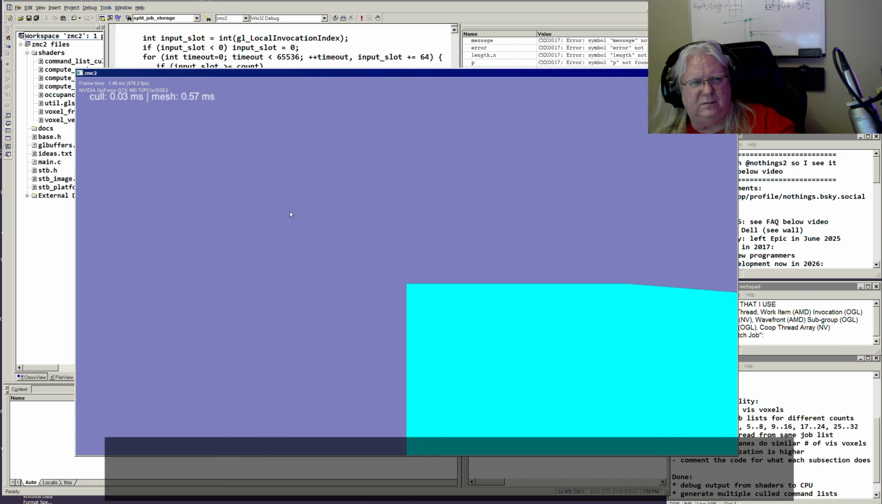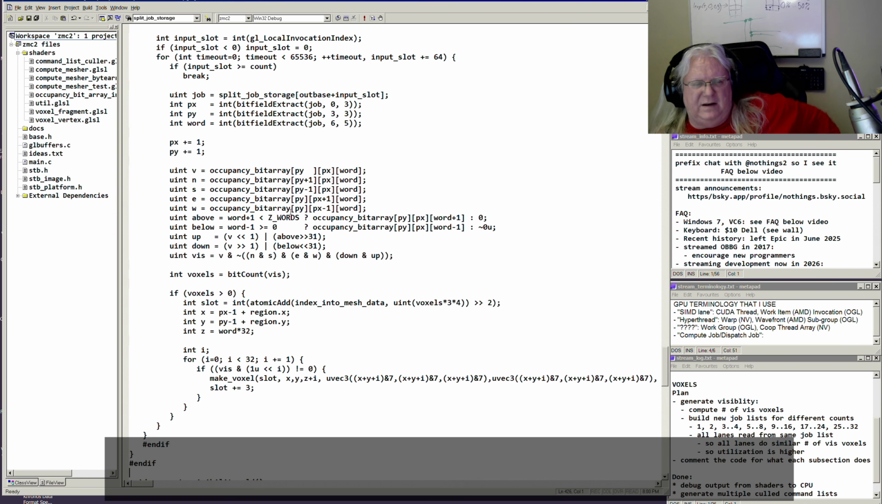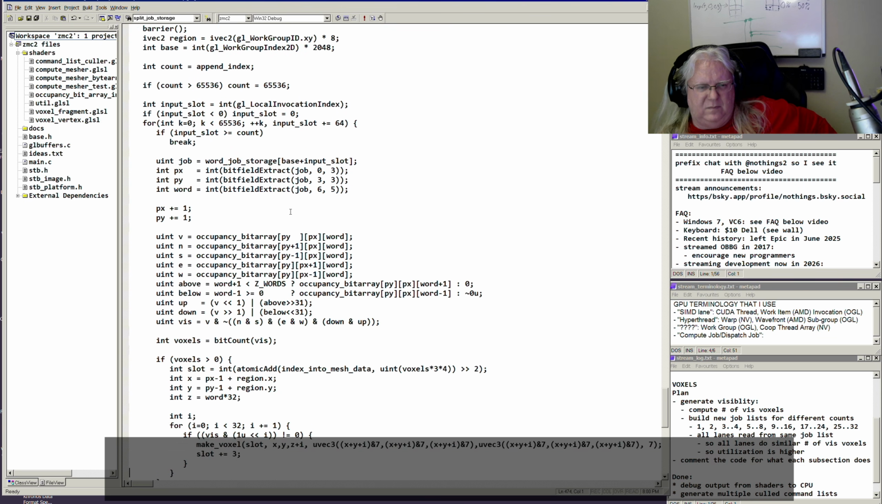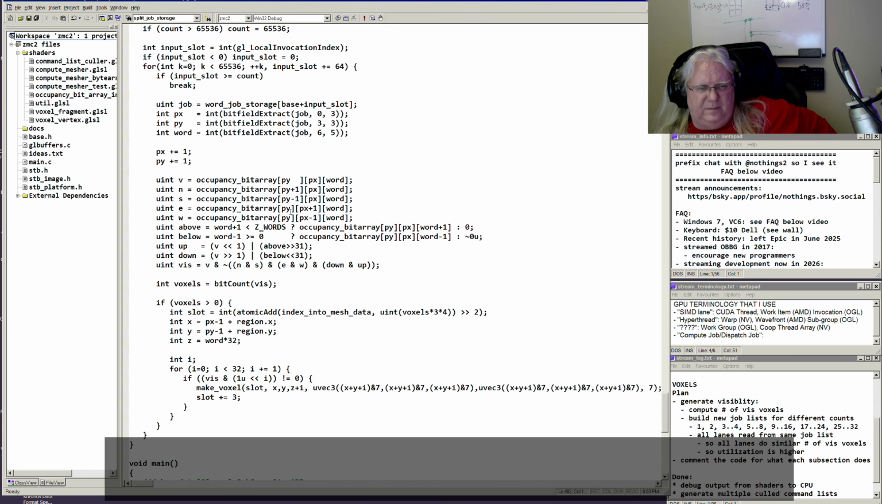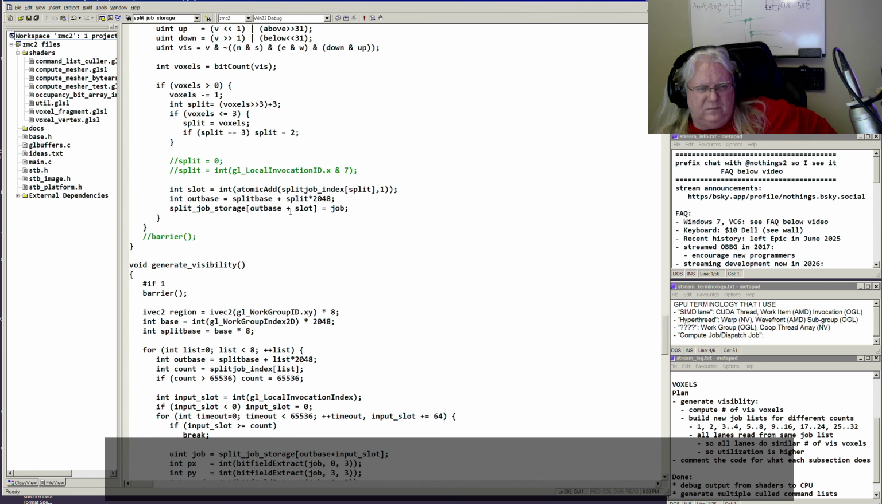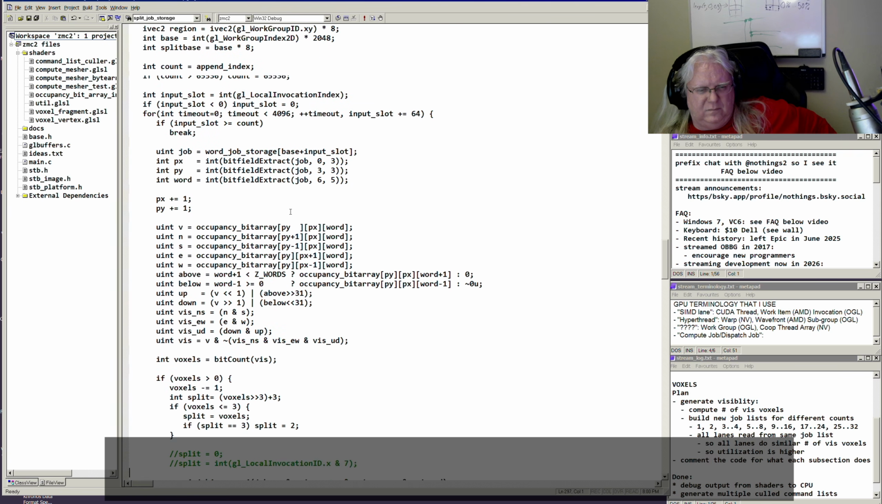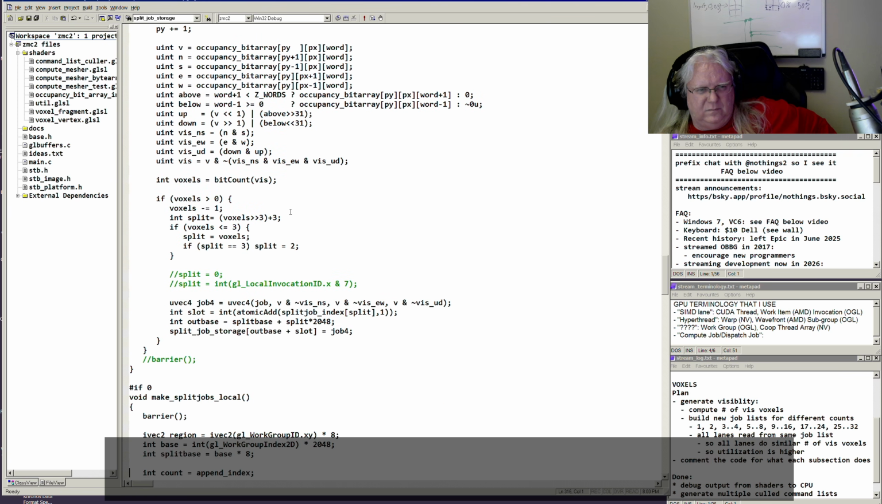0.57 milliseconds. So not any faster than the old visibility generator. So yeah, I don't know. It doesn't seem like there's a good way to go from this data